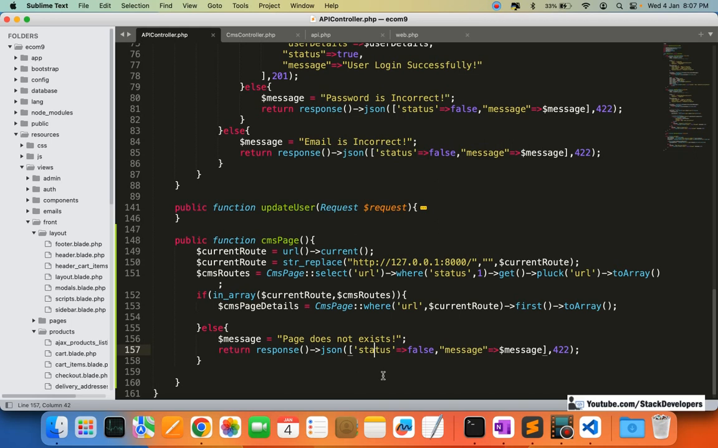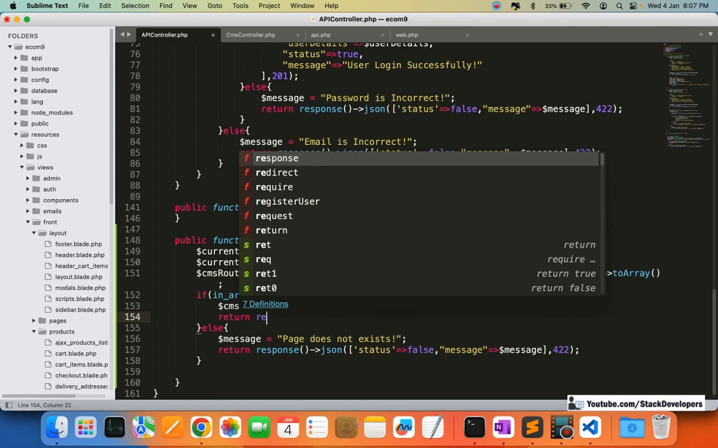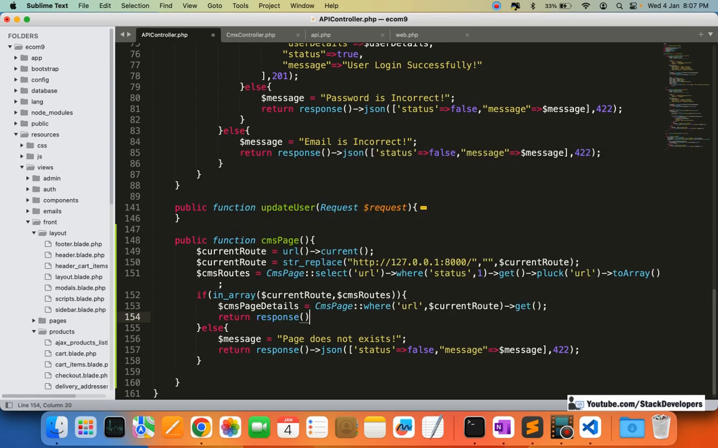Otherwise, we are going to send the success message with the CMS page details, all the detail information will come here. Also, see, we are not going to use toArray, we are going to remove that, and we are going to use get only, so that it will automatically convert it to an array. And here we return the response as JSON,